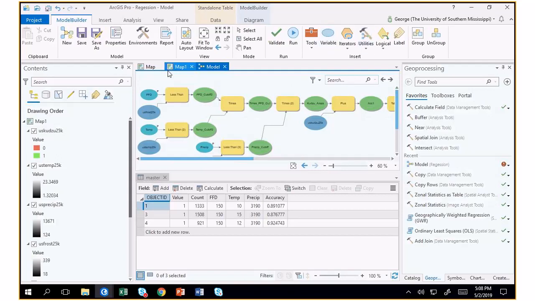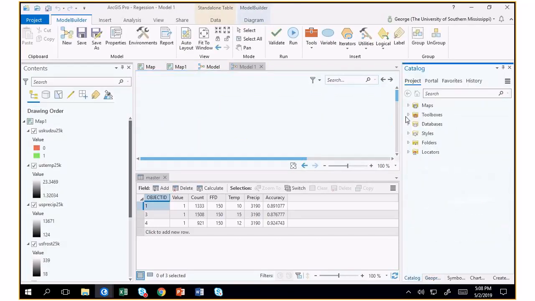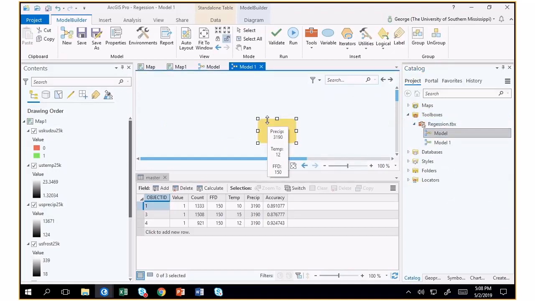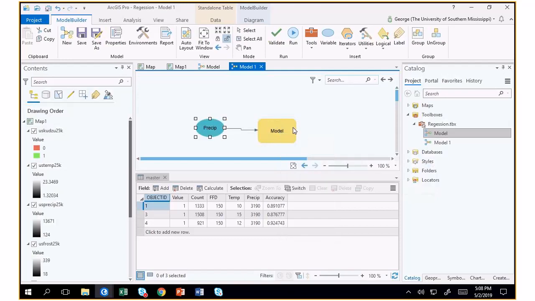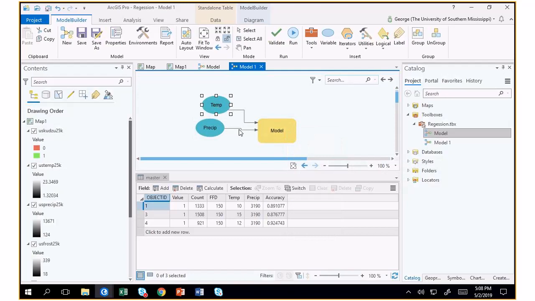You would create a new model, and then you would drag on, like we did last time, drag on model onto model 1, and then you can create a variable from each of the parameters, and then you could modify those each time through the iteration loop. The way that I actually implemented this in a script was that I